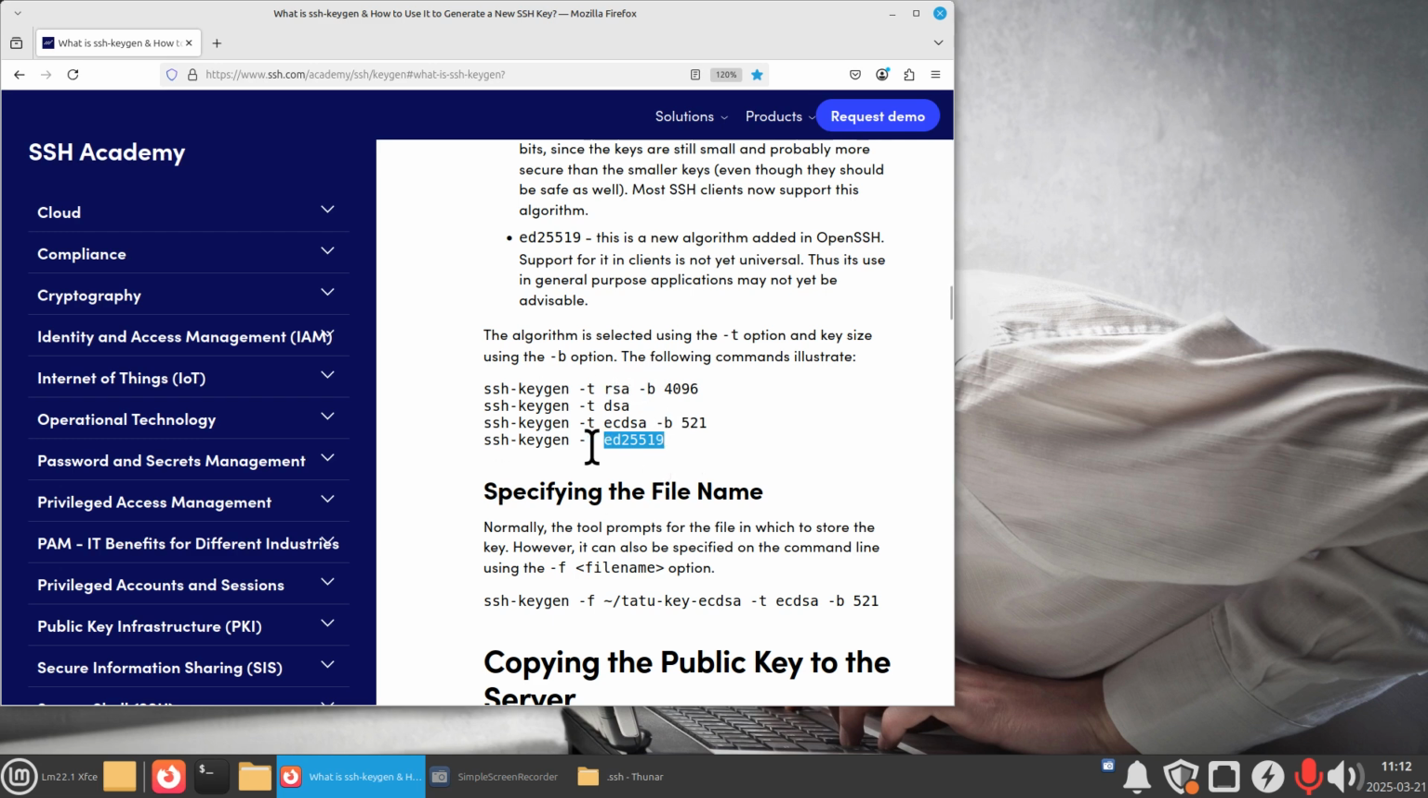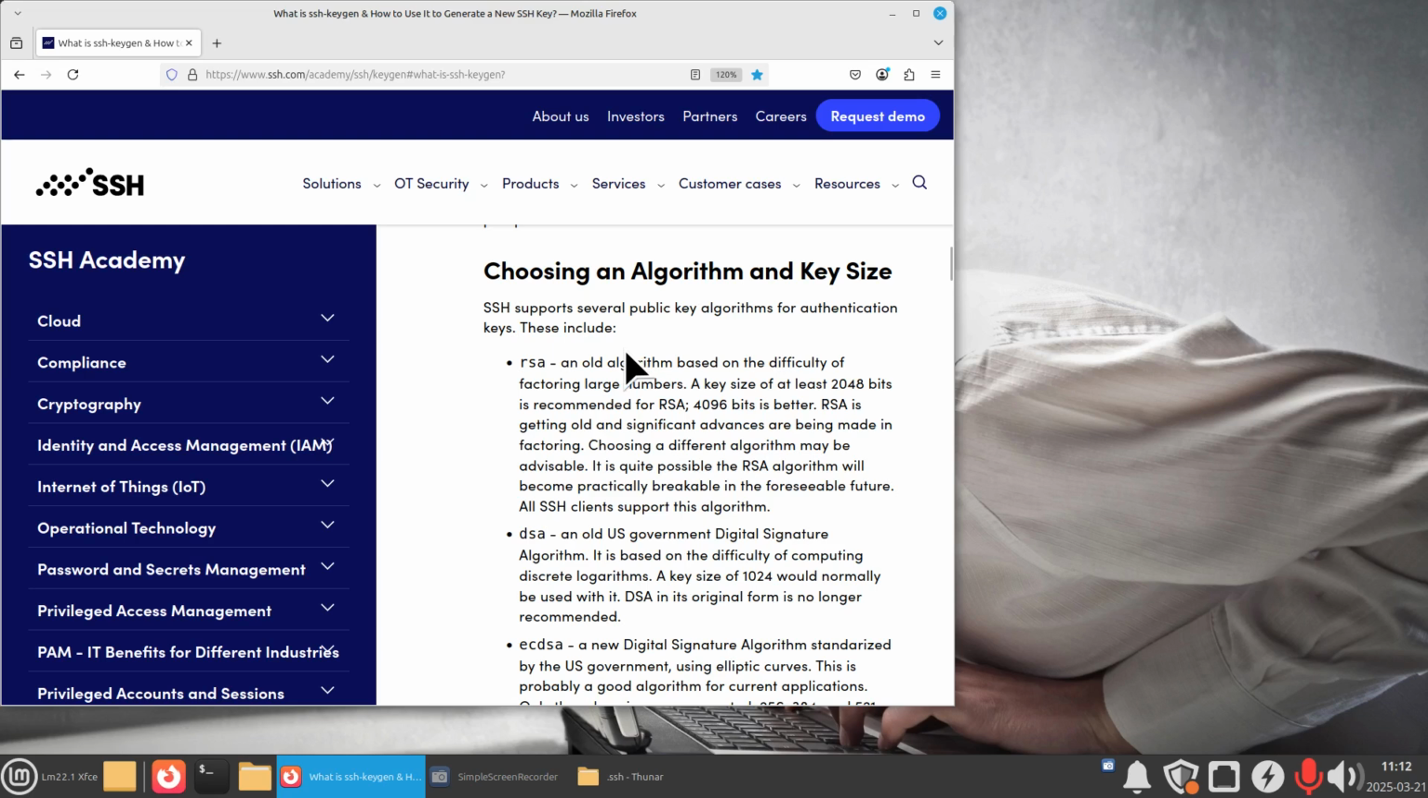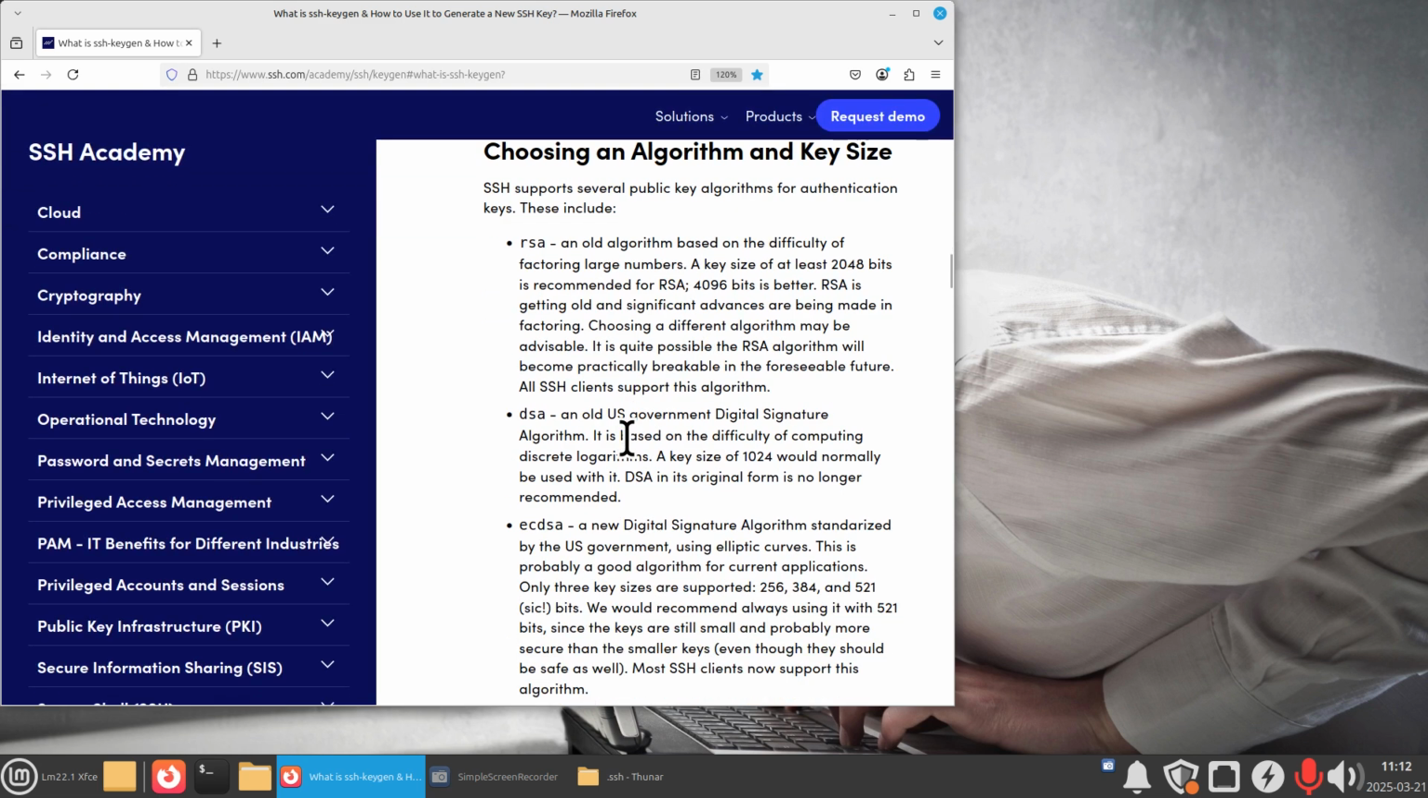If you want to do this properly, you follow this procedure, which is ssh-keygen -t ed25519. Now I'll explain what these are. The RSA key is quite lengthy, especially if you do that with like a 4096. How many bits? The DSA is an old government digital signature type of thing, and the